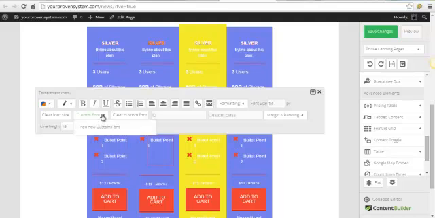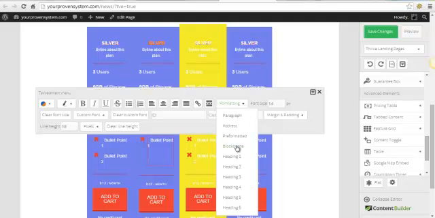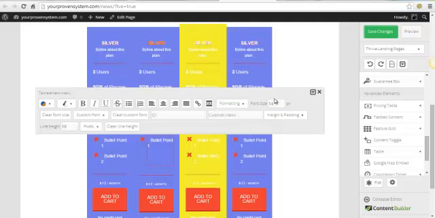The custom fonts, you can add a custom font if you didn't want those fonts that are in there. You've obviously got formatting, so you could do header 1, header 2, everything you can think of. You've also got the font size. So we're in this bullet point here. If we went to font size, for argument's sake, might not work too well because we don't want to go too high, but if we went to 18,